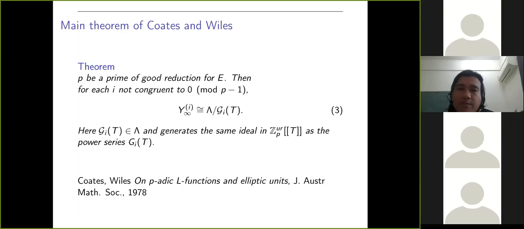Again, the same setup as before. I have P to be a prime of good reduction for E, by which I mean that if I take the reduction of E over a finite field F_P, then E should still be an elliptic curve. Then for i not congruent to 0 mod p minus 1, in that case, I have